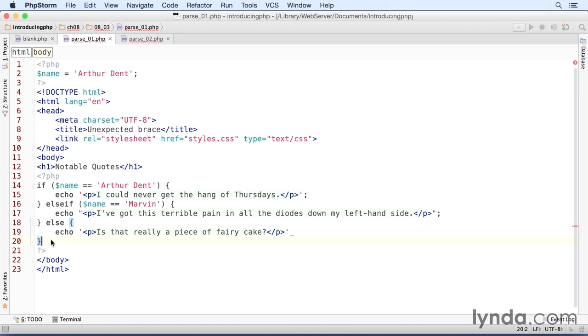Now normally you would think that if PHP says the problem is on line 20, that's where to look. It's not usually the case. Normally what PHP will do is it will tell you that something was unexpected. In other words, something is missing before that point. That's where the error lies. And if we go back and look here on the previous line, there's no semicolon at the end of that PHP command, echo. So if we put the semicolon in there, save, and then reload the page in the browser,